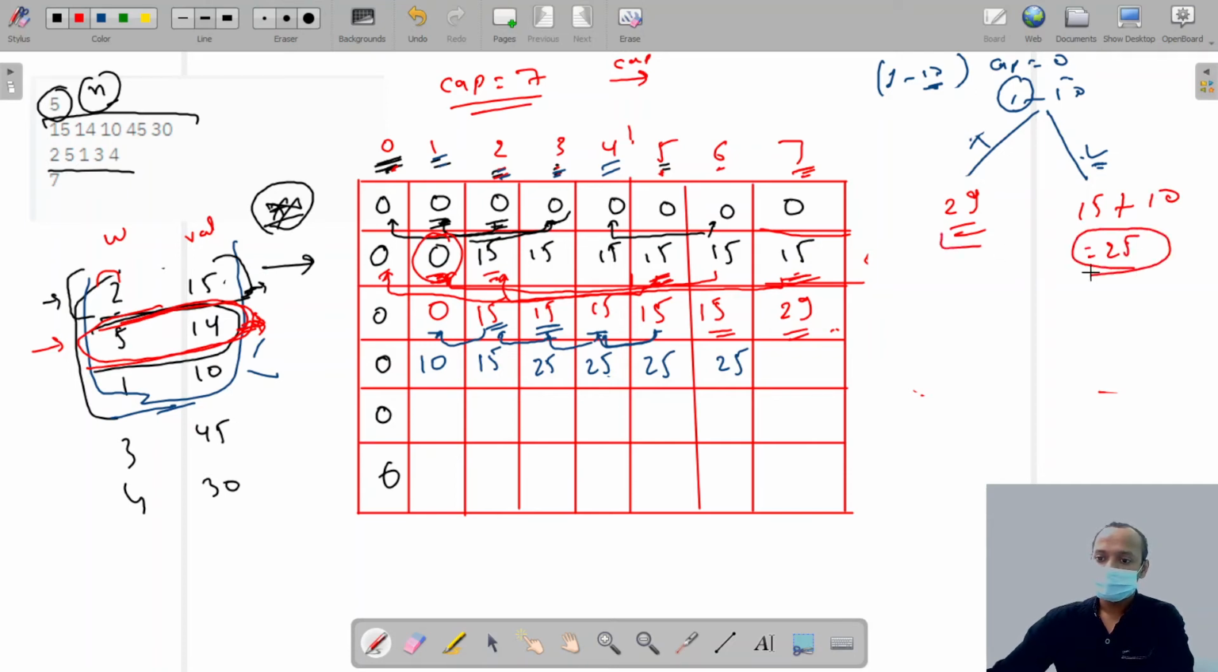So which is the maximum of these two? 29. So this time we exclude this item and we write 29. Okay, so what we are going to do, we find the maximum of these two. First we include and exclude, and then we find the maximum of these two, and we store this in our D. All right, now